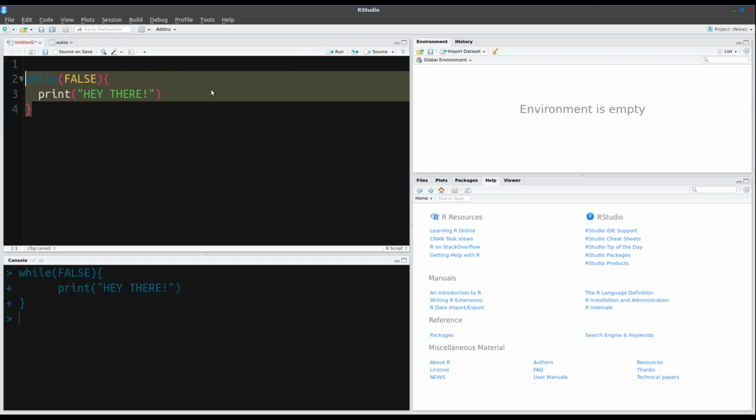And you can see here that the while loop was copied down into the console. And these plus signs are just going through the code. This is a block sequence of code, so it's looking for the end of the sequence, which is, of course, this curly brace right here. So that's why we have that. So it did not execute,